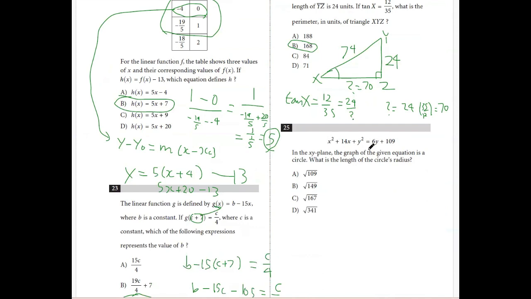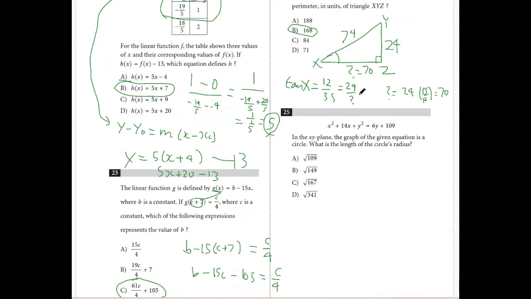Okay, and question 25. In the xy plane, the graph of the given equation is a circle. What is the length of the circle's radius? First of all, I need to put the 6y to the left. So no, this is not in the form. We need to convert it into a form like this, right? If I add 49 here,